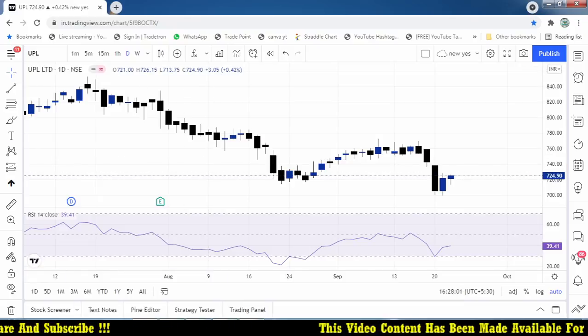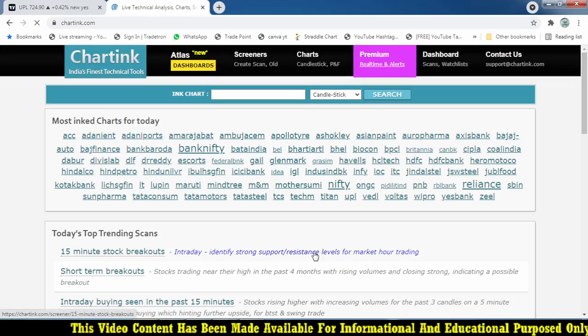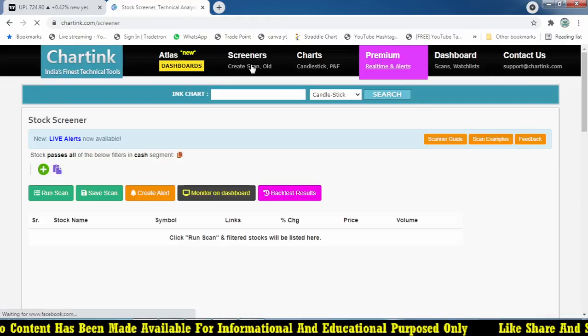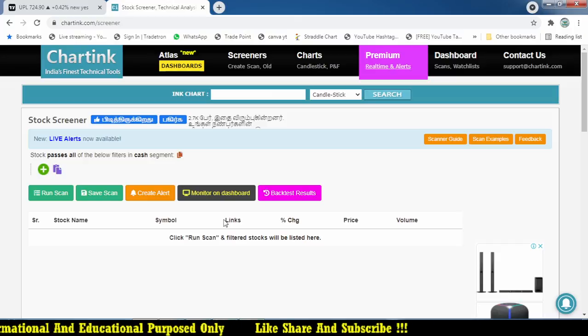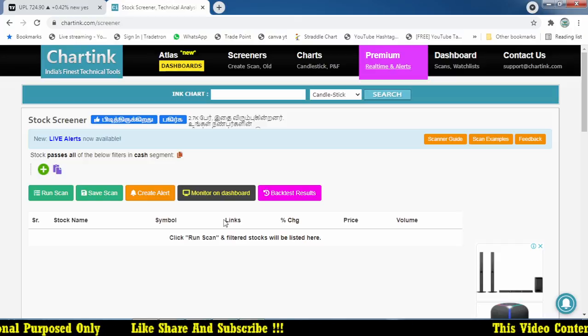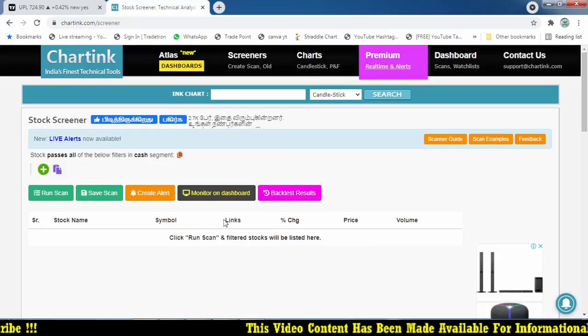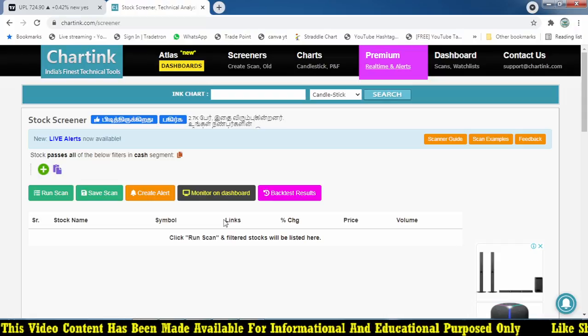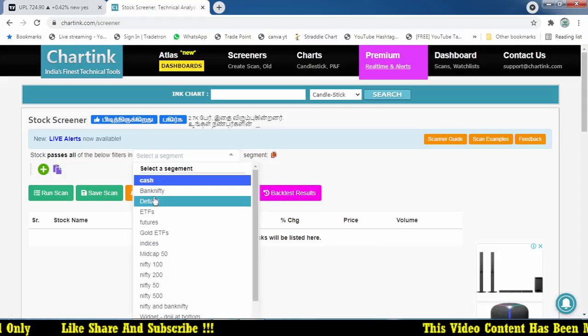Let's try to do that with the charting scanner. Let's open charting.com, and I'm going to create a scan now. I'm going to focus on futures stocks and not equity stocks, because there are a lot of equity stocks. I'm going to follow only the futures stocks because if a futures stock suddenly falls, it will recover very quickly. That is the concept here, because the option premium is going to decay, but when the market is at a bottom and keeps going down, the premium will not decay. It will accelerate up and down, and the premium decay will happen. Based on that, I'm going to focus only on futures stocks.